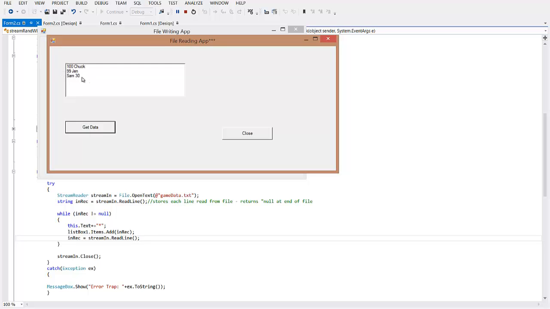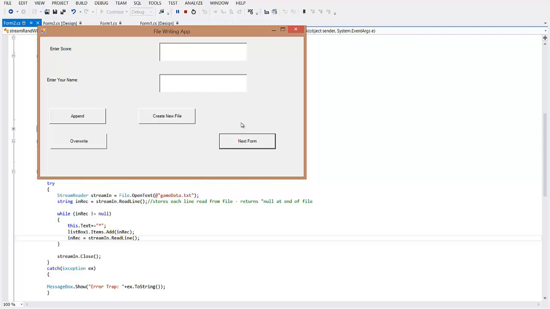And there are the records, and I can see I put the text in the wrong box there, but these are the 3 records that were written to the file. So I'm going to close that, and I return back to form 1, the form that allows me write access to the file. And this time I'm going to enter yet another score, say 99, and let's say this person's name is Tom. And I'm going to then this time write in overwrite mode, and then switch over here to